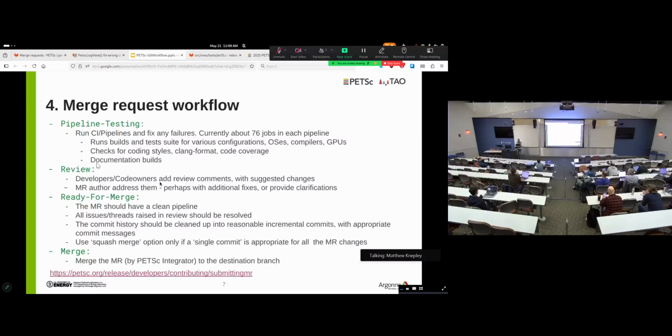And then we build the documentation as part of the testing, which eliminates a lot of other issues. And then reviews: there are code owners for different parts of PETSc sources, and they like to make sure things are okay from their point of view. So there will be review comments, and once those comments are resolved, that's when the merge request is ready for